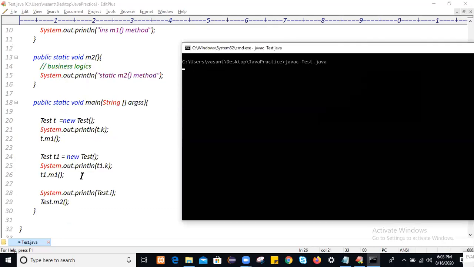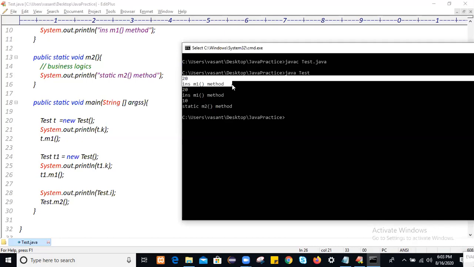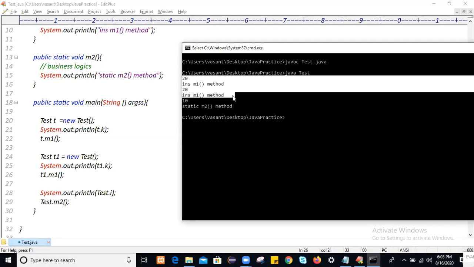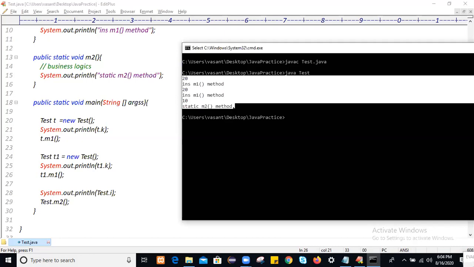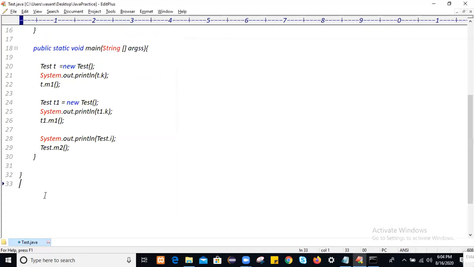Compile and run. You see, the first time you are accessing the instance variable and calling the instance method, the second time you are accessing the instance variable on the second object name and the instance method, then accessing the static variable and the static method. Like this the output you will get for this application.